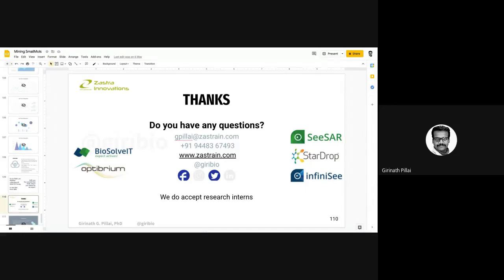Unless you ask this question, why did I get this docking score? Why did I get this activity? Why did I get this error? You cannot find the reason behind it, the reliability of the data. And even for your experimental studies also, ensure that you ask why. Why did I get this? Why not the others?